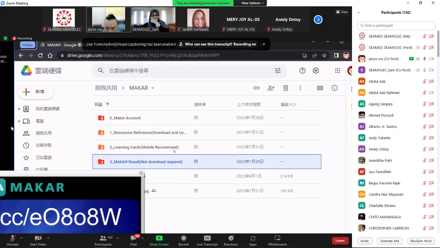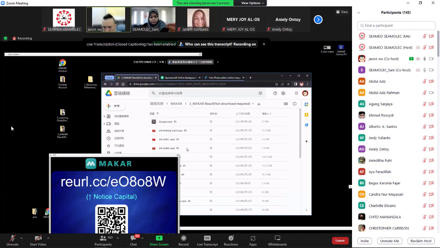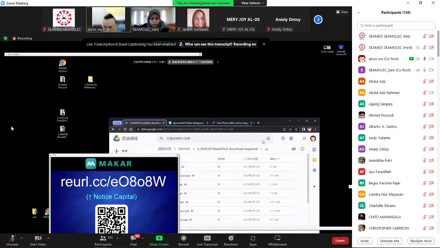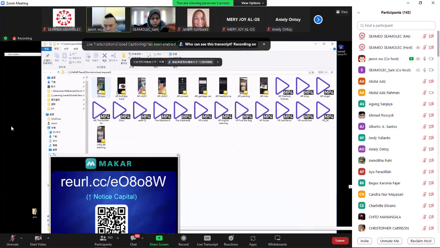And the third folder, download is not required because it's a little bit bigger. The size is very big. This is the MAKAR result, the created result. I show you, I have to download it. For example,